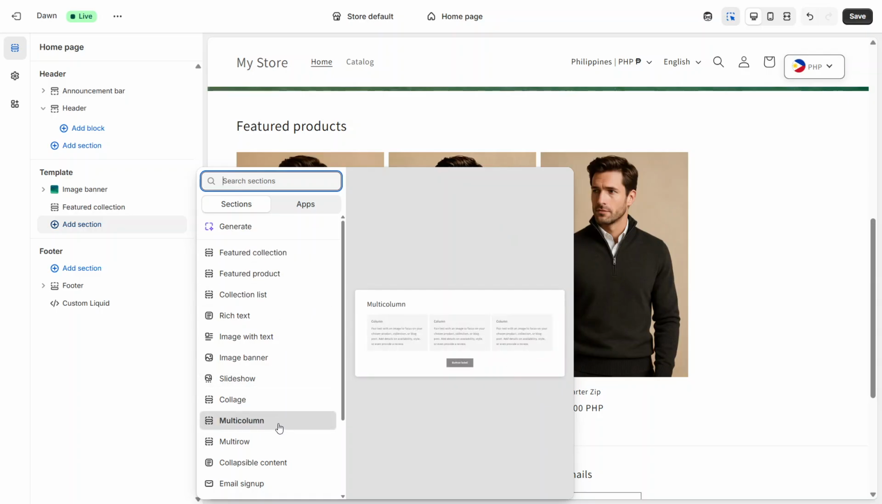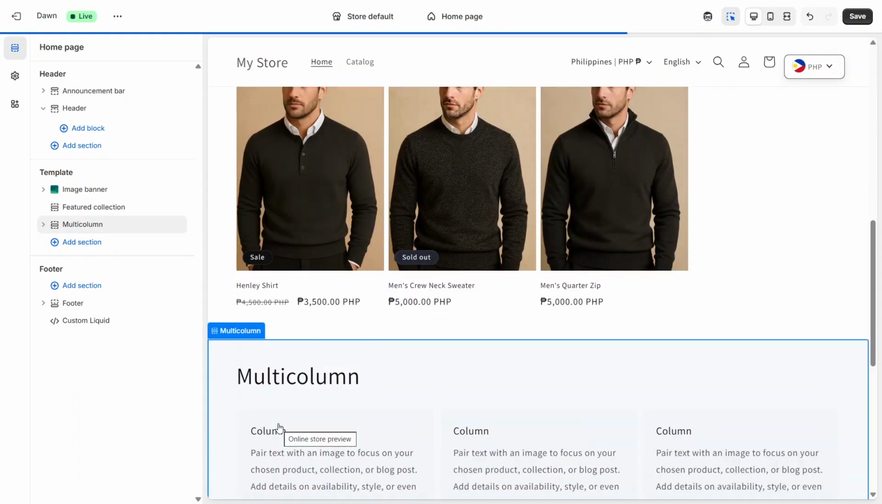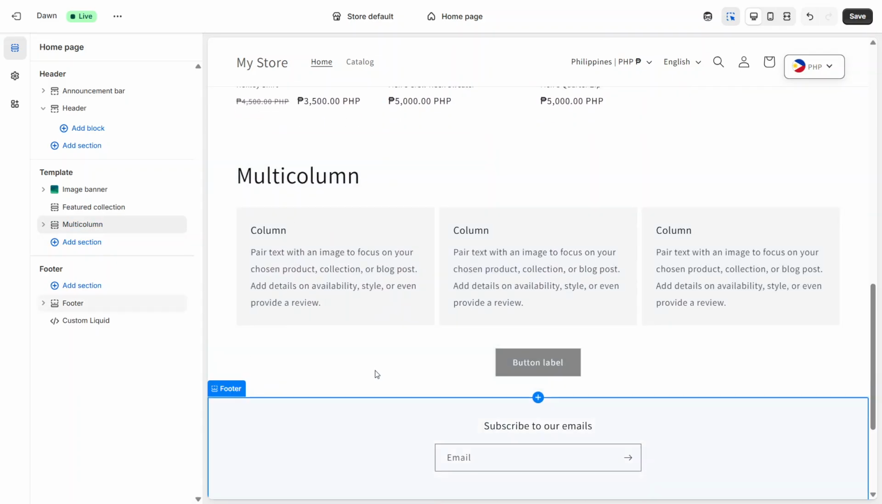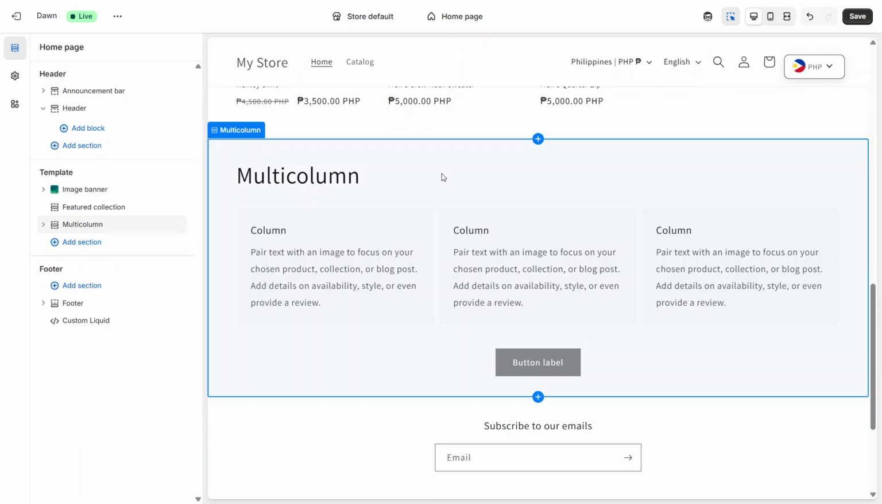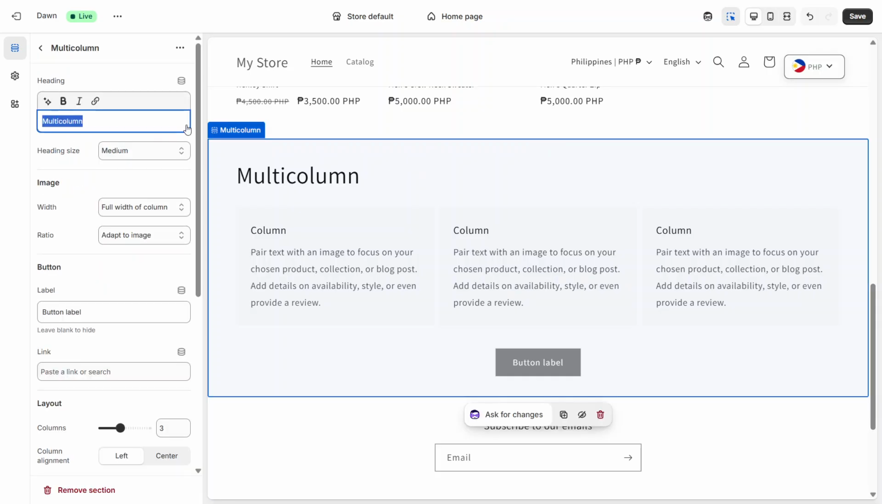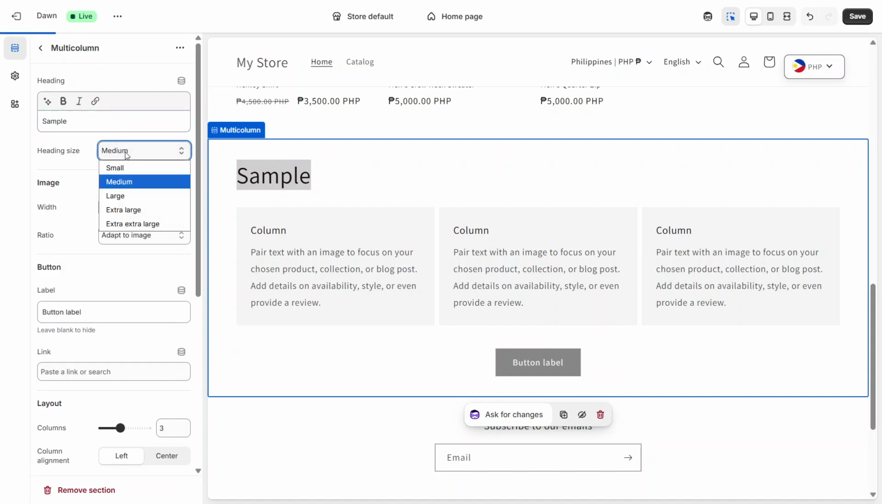This section type is designed to display multiple blocks of content side by side, which is perfect for highlighting features, collections, or services. Once the multi-column section is added, click on it in the left panel to open its settings. Here you can start customizing. You can change the main heading text and choose a heading size that fits your design. You'll also see options for image width and image ratio, which control how large and how tall your images appear